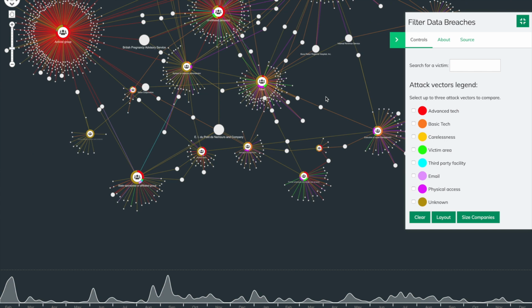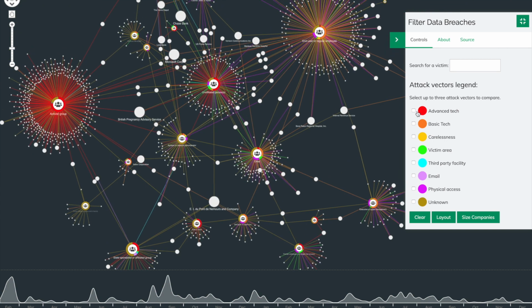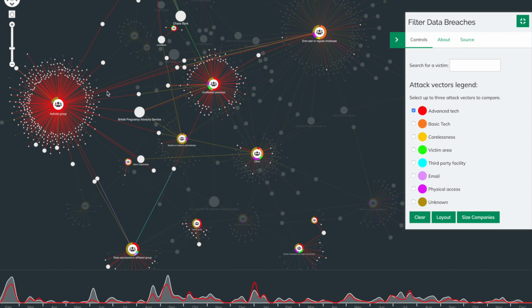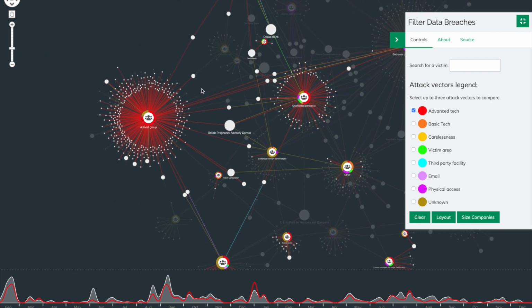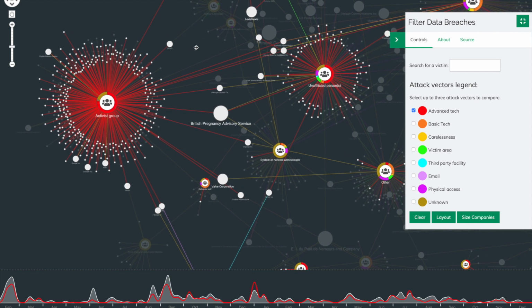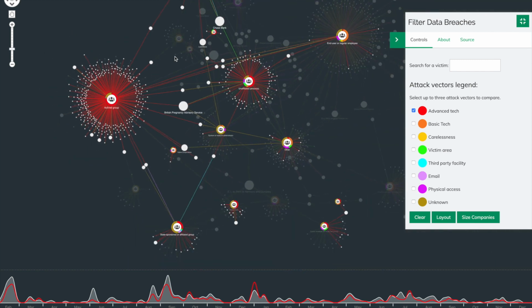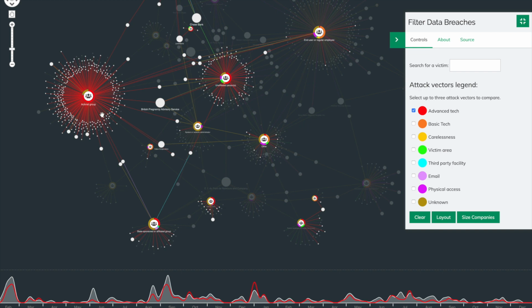And we can explore those attack vectors again using the graph. So if, for example, I look at only the red connections, which represent, in this case, advanced technology, basically hacking tools or malware, we can see that the bulk of the red activity in this chart is centered on the activist groups. They're the ones who are making the most use of advanced technology,